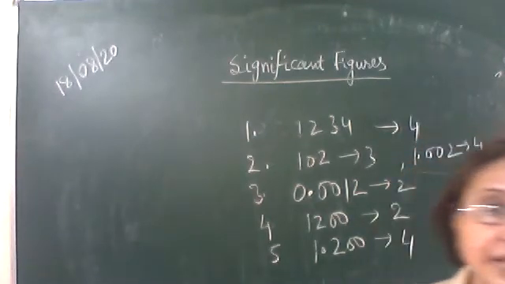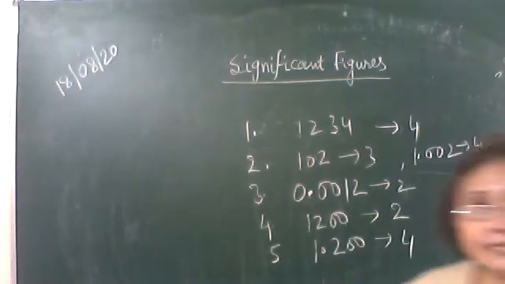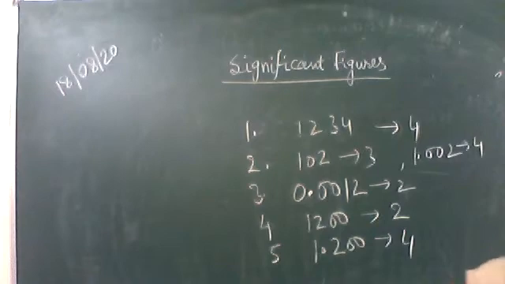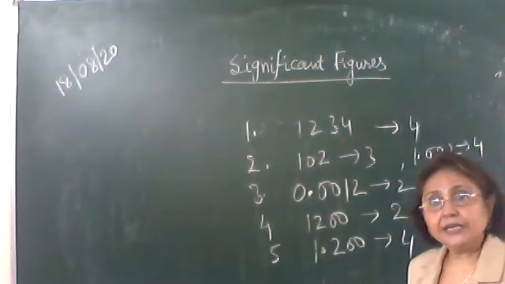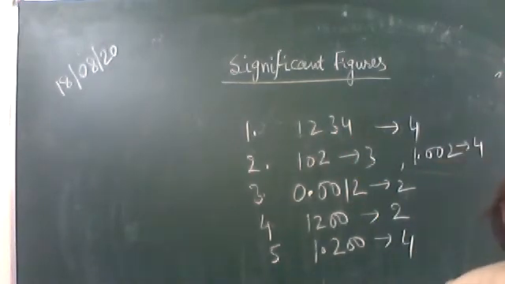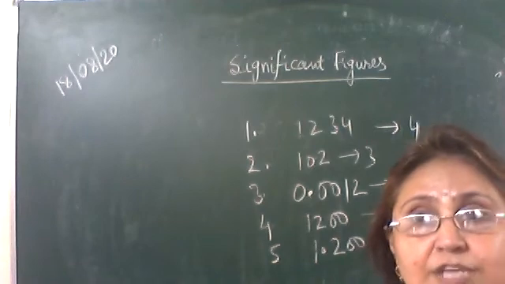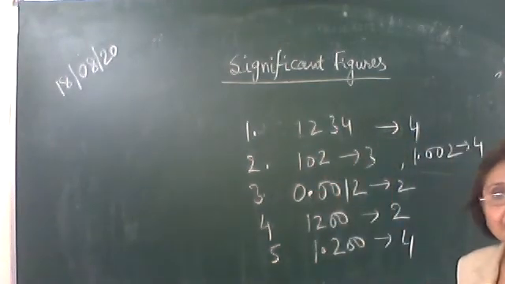So this way we find out the number of significant figures. Again, I repeat, it's given on page number 28, in bold letters with a dot. You can note it down from there and understand it here. The first rule states that all non-zero digits are significant. Non-zero means excluding 0, all digits 1 to 9 are significant.